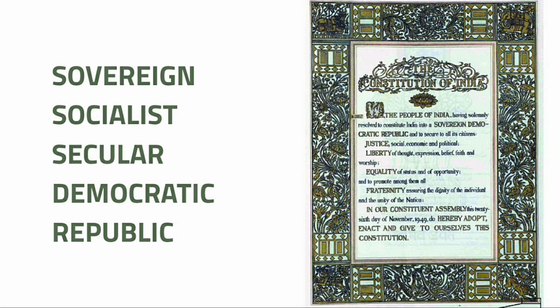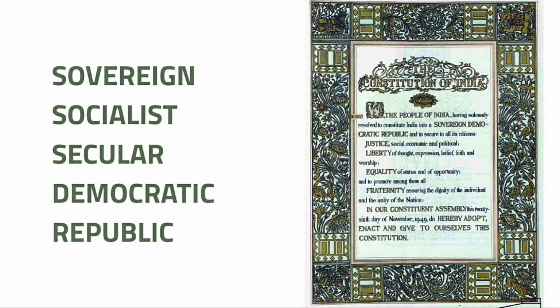Second, socialist. It means that wealth should be shared equally by society through distributive justice, not concentrated in the hands of a few, and the government should regulate the ownership of land and industry to reduce socio-economic inequalities. The term socialist used here refers to democratic socialism, that is, achievement of the socialist goal through democratic, evolutionary, and